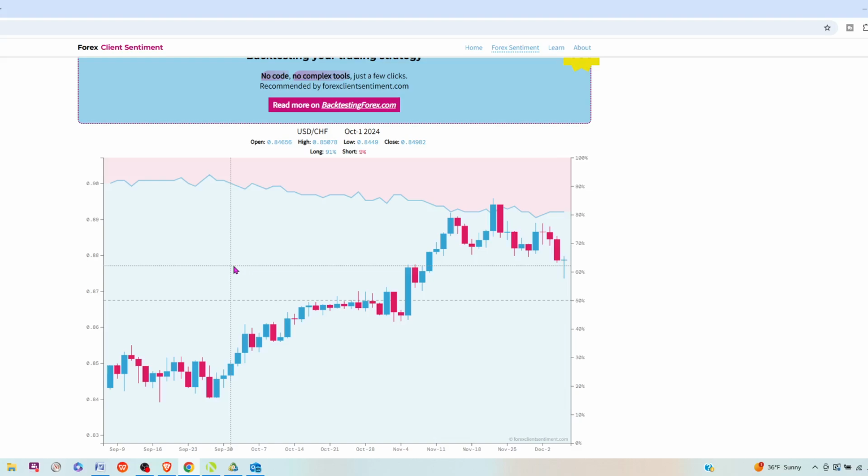Okay, so I did want to point out that this isn't foolproof, and there's going to be pairs like this where you're going to scratch your head and say, well, this is an agreement. We have extreme bullish sentiment and we have price continuing to go up. Now, I don't know how long this is going to go. Are we starting to turn over down now, or is this just another pullback? We still are very extreme here. So, I don't know. We'll have to see. But this is an example that's not great.